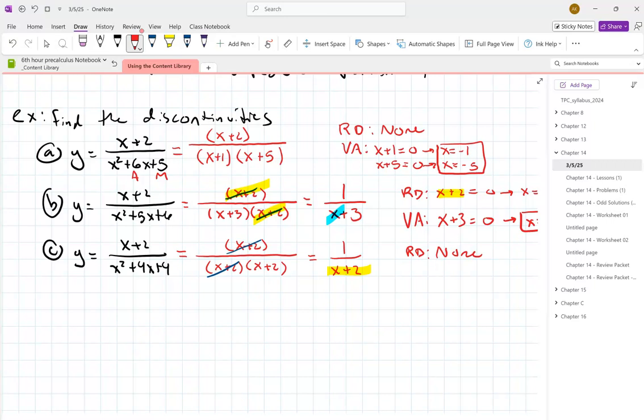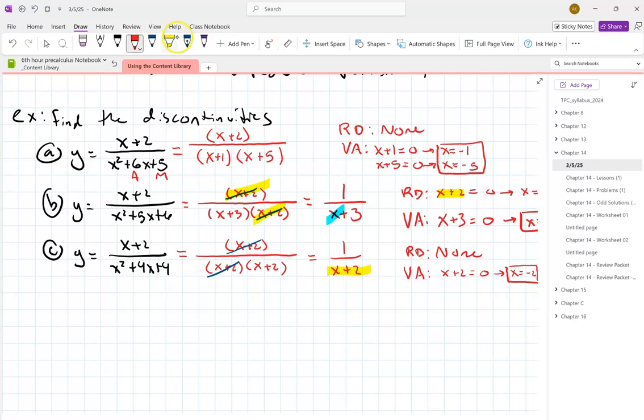This is the trickiest situation. Yes, Max? So when you factor things out, as long as there isn't an x plus 2 in there, then you have a hole. If it's not like the first one, you can cross off 1. If you have an x plus 4 or x plus 5, it'll still be a hole in your graph, but as long as it's just x plus 2, it's